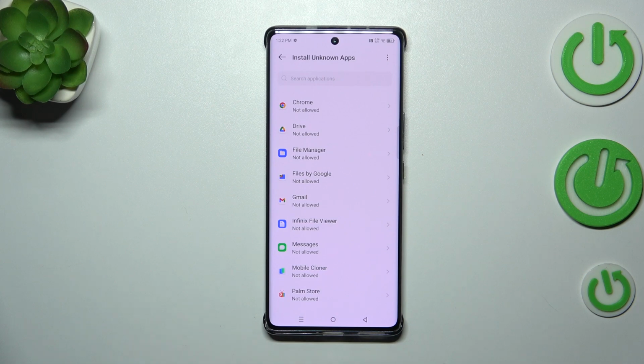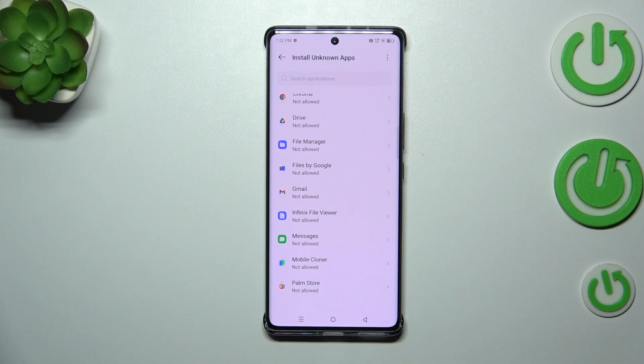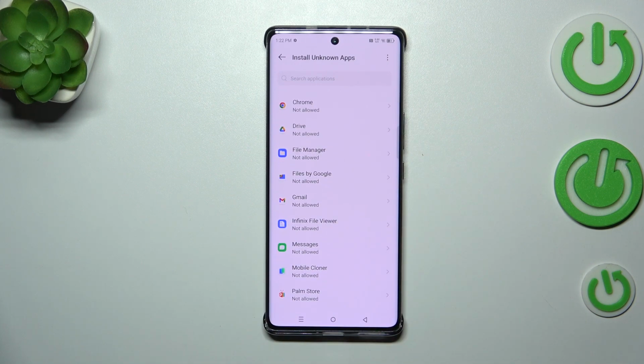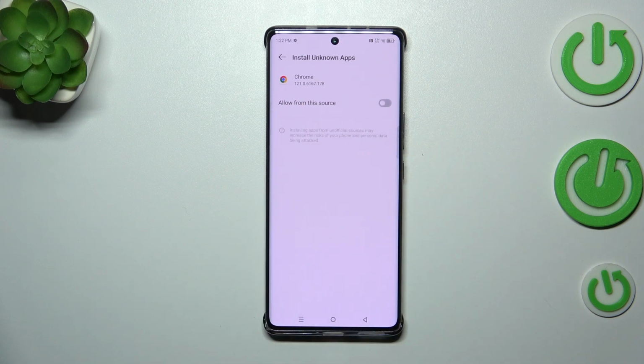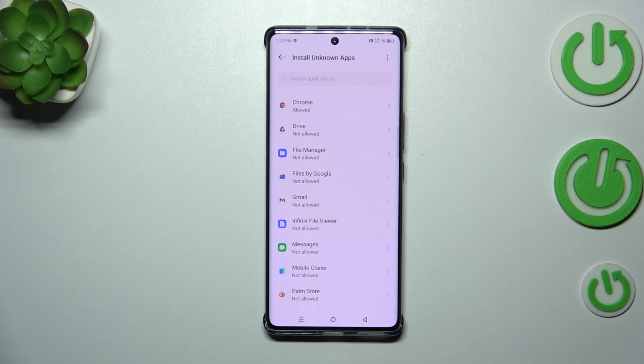And here we've got the list of apps which are allowed or not allowed to install some content, and of course we can change it. Just tap on the specific app, in my case Chrome, and then tap on this switcher. After getting back, you can see that the Chrome is right now allowed to install some content,